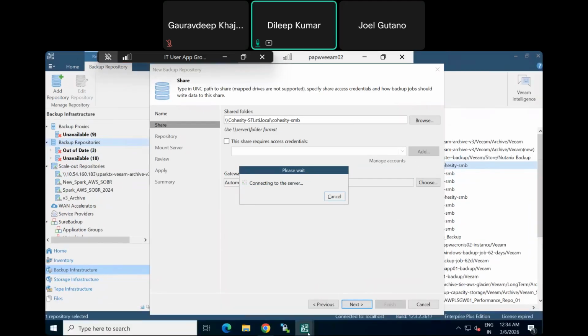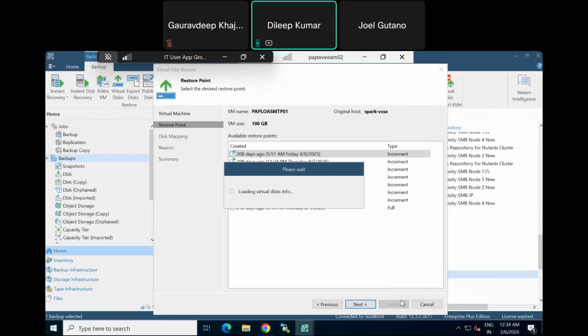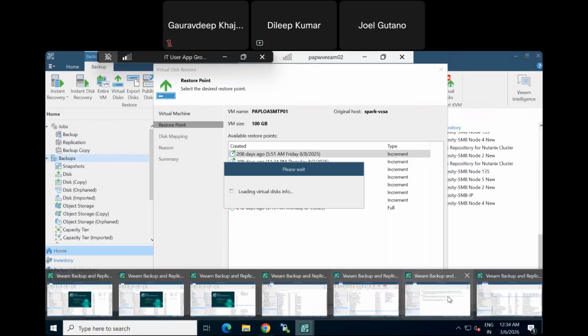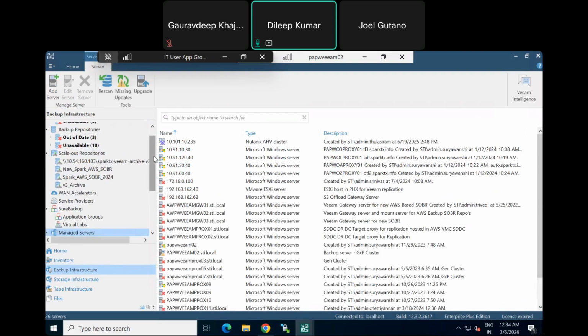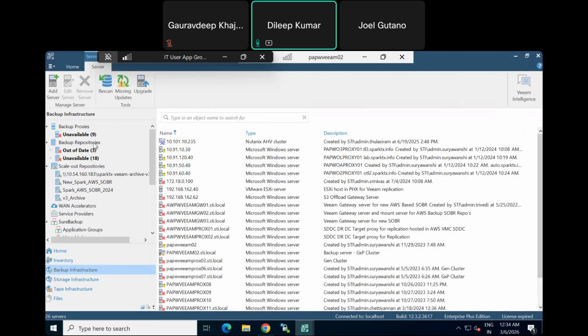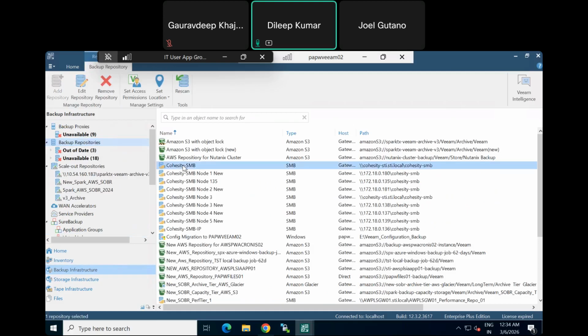We will verify the existing connection. That would make sense. Backup infrastructure, repositories, the one which is the Cohesity SMB which we are currently working on. If you go to properties,